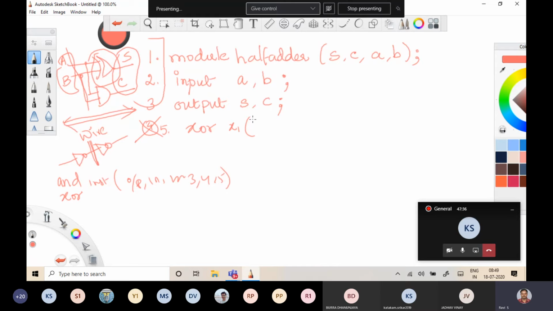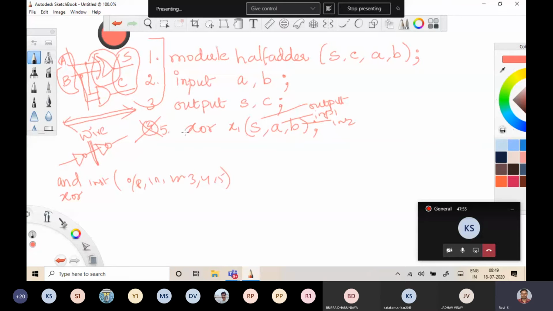First variable is output. So let me put first variable S, A comma B as the inputs. Any doubt? So this is output, and input 1, input 2.